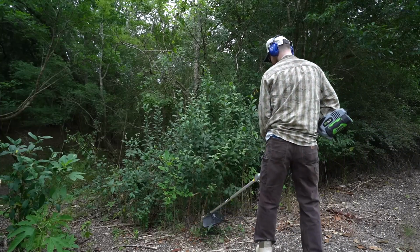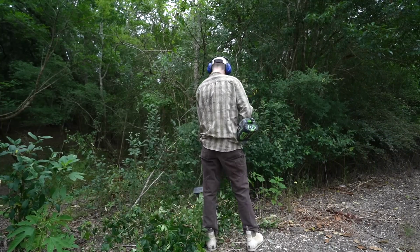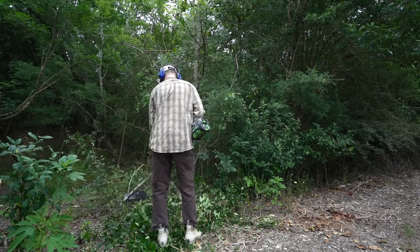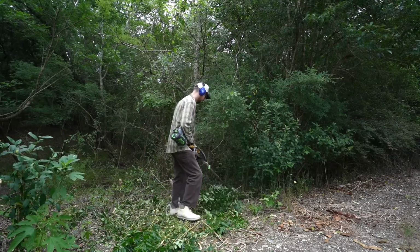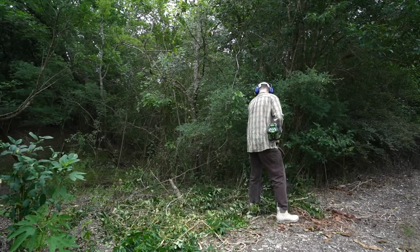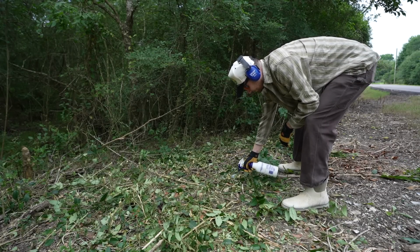So this is like a knife through butter, baby. Easily one of the best tools I invested in, but I'm clearing this area because ideally I want a driveway to be right here, or so I can plant other things in this area that does get a lot of sun. Now, once all of the waxleaf ligustrums were cut, I sprayed them with a triclopyr concentrate mixed with a brush killer,